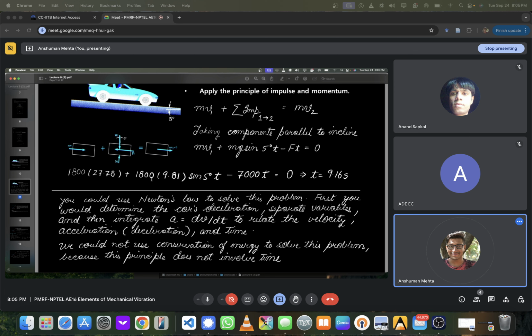Now finding T1, T1 is equal to half mv1 square, which is equal to half into 1000 kg